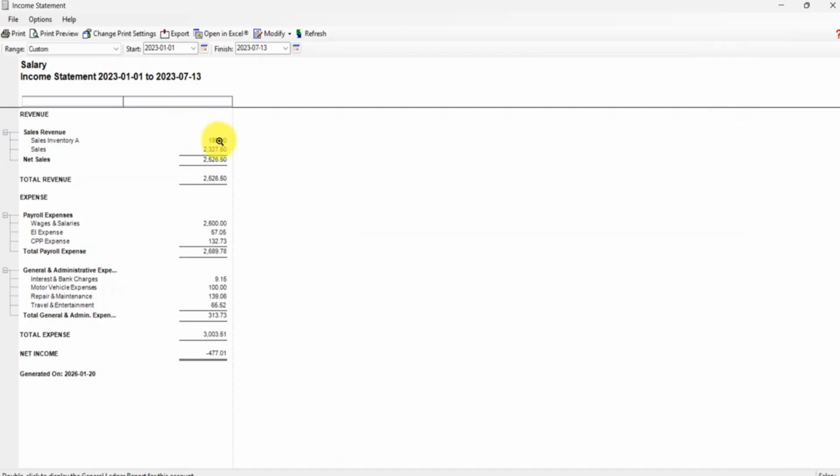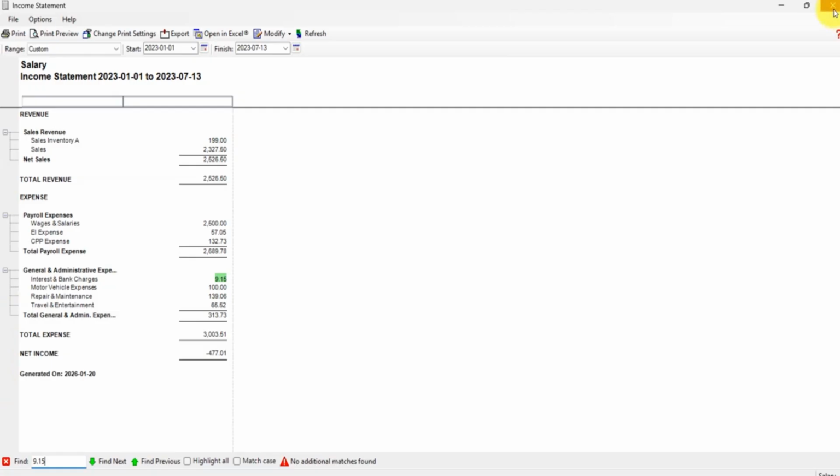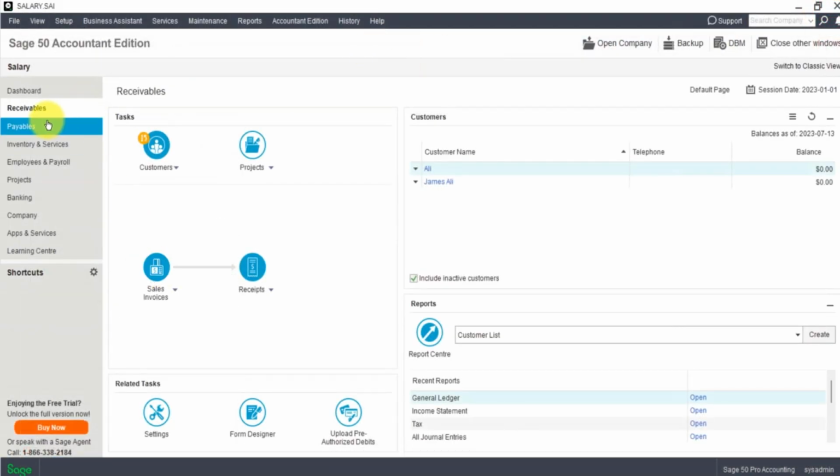I will go again to my reports. Okay, in this report, if you press Ctrl F, you've got search. See, it's very nice actually. Okay. Now let's go back again to the receivable accounts, and let's go for the next step now,